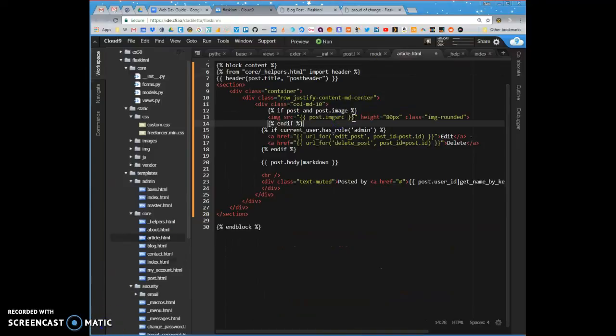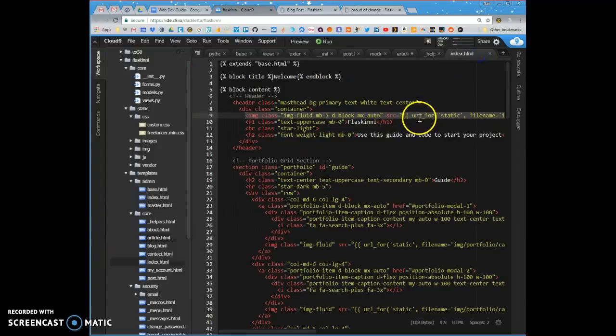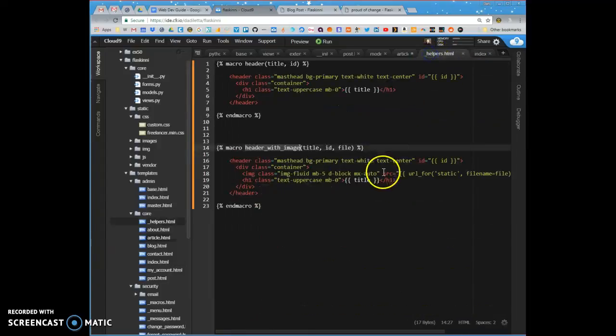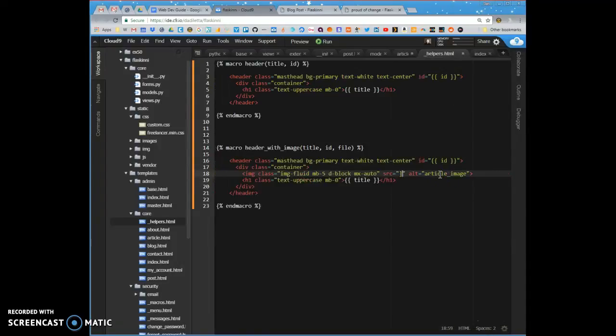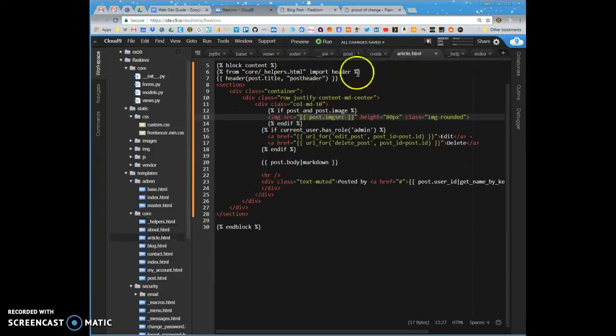Okay, I should have looked at this from the beginning. I have the image source here that the article loads up. In the original, it has the whole source here. So this whole source business, I don't need to look up anything at all. I just have source is just a file. Okay, so now instead of calling import header, you can do import header with image,